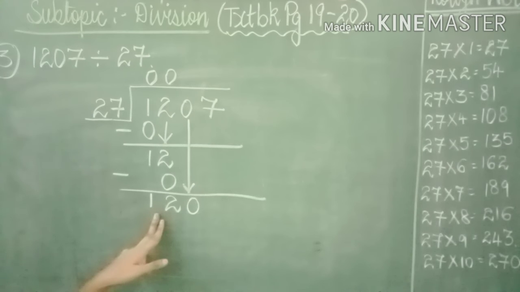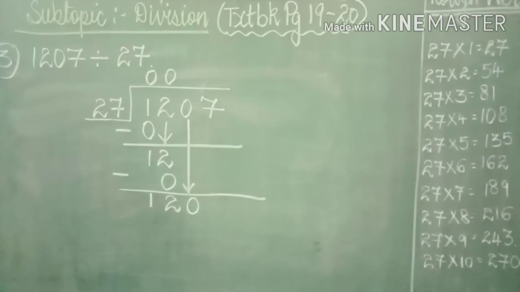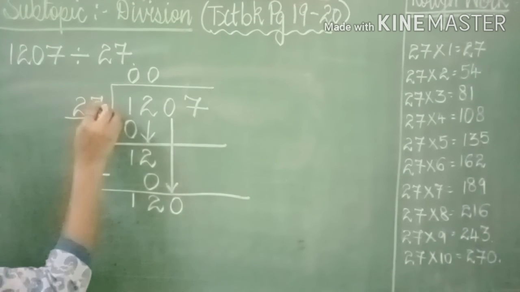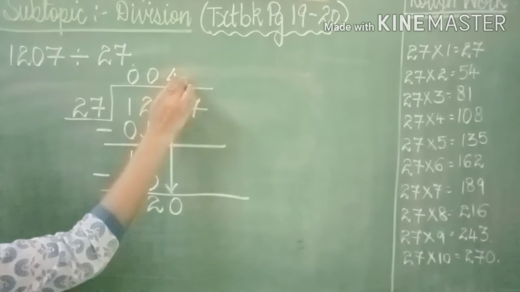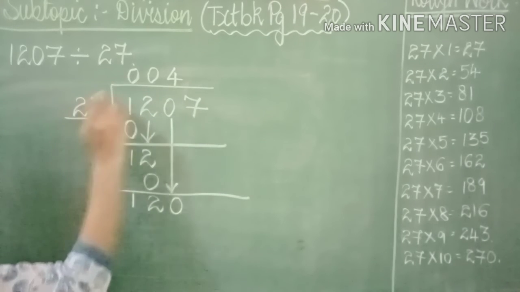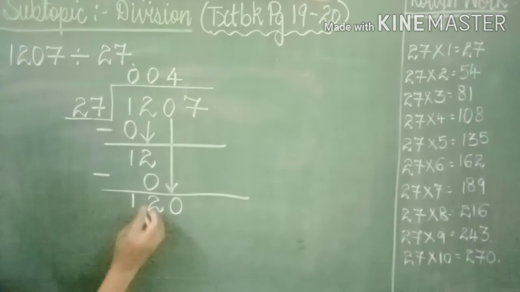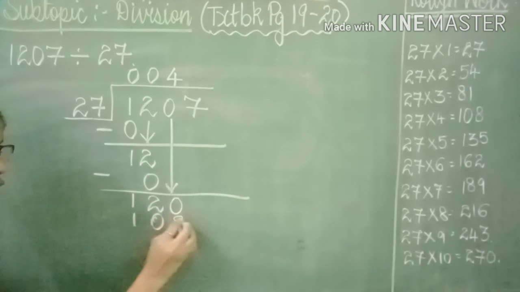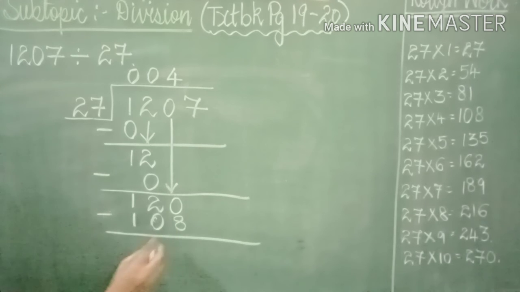Not above 120. As you can see, 27 fours is 108. So what are we going to write? 27 fours, as you can see, is above 0 only, because this is the third digit. We multiply 27 fours and we get the answer 108, and we do the minus sign. We will be getting 12. Right everyone? Directly we have to do the subtraction.